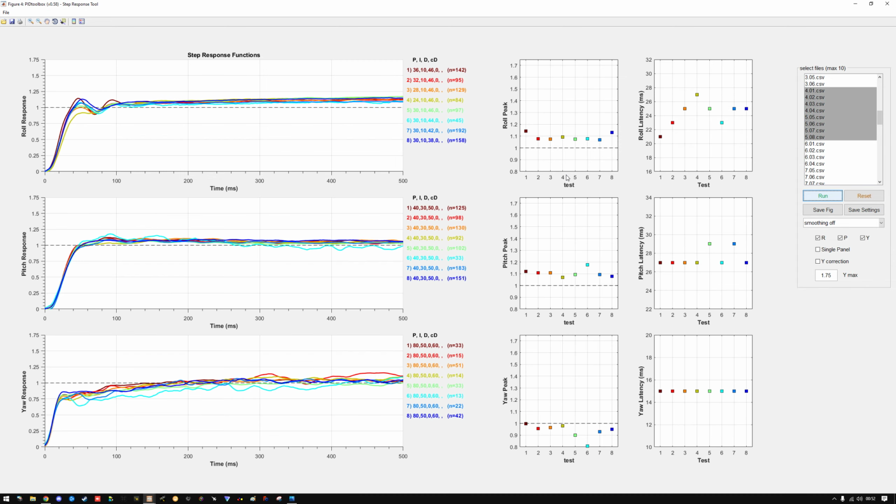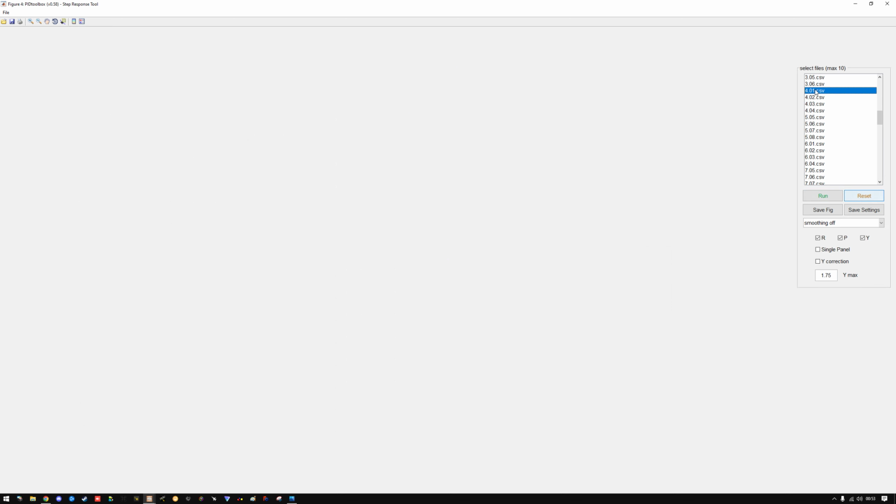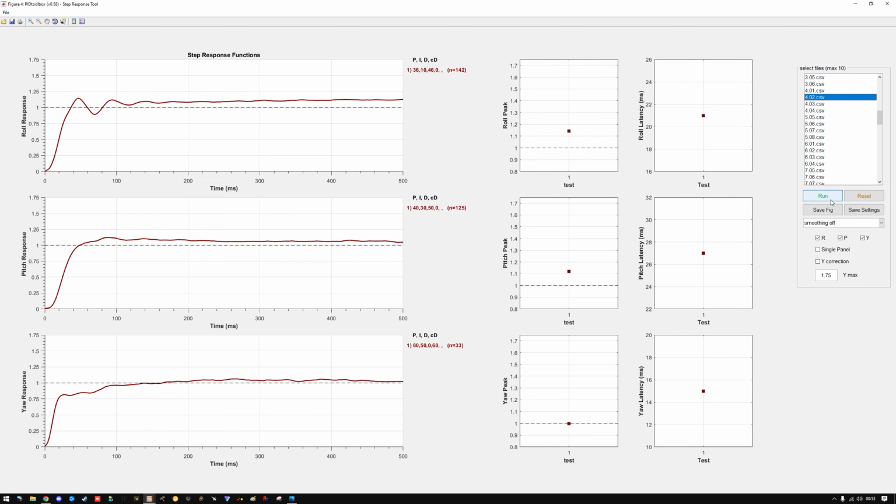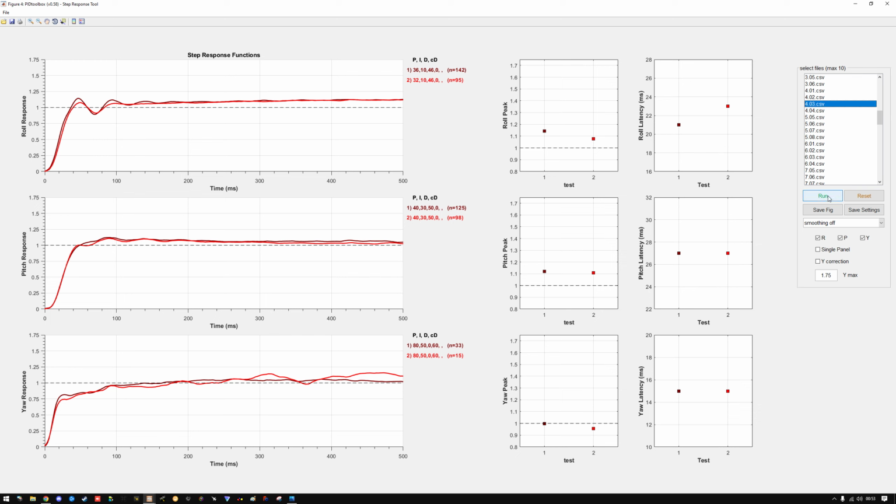Now you can see one of the things that I was varying here is I decreased my I to a much lower value, and then I started playing around with D, slowly lowering D to what I believed was a better value. And in some cases I kept I constant, in other cases I kept D constant and started decreasing P because I wanted to see the effects, but having them in one graph like this doesn't quite demonstrate it. So what I'll do is I'll just quickly run them one by one so you can see the effects and